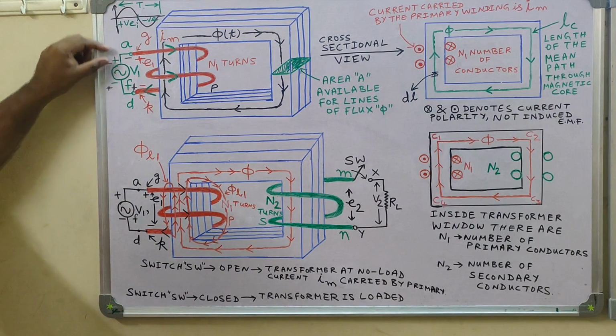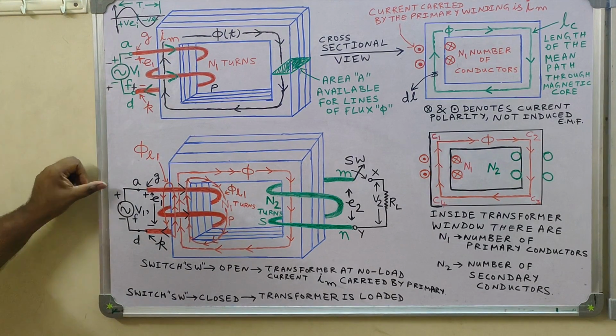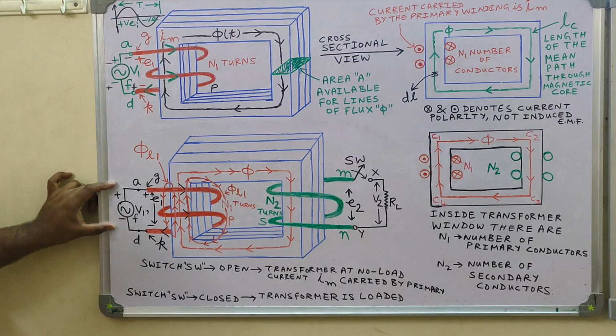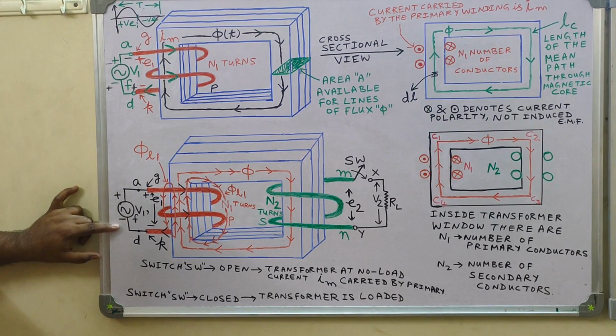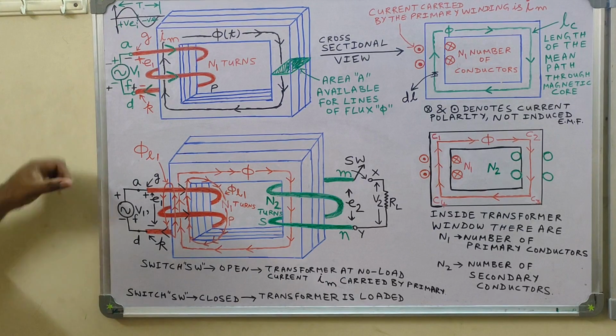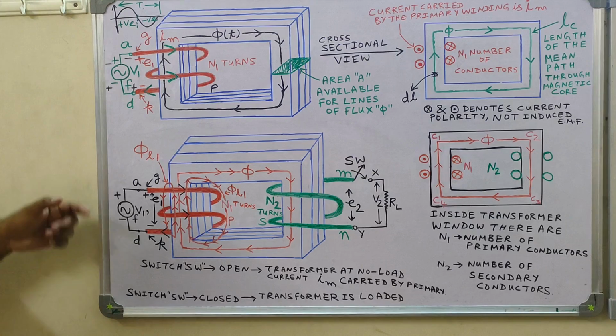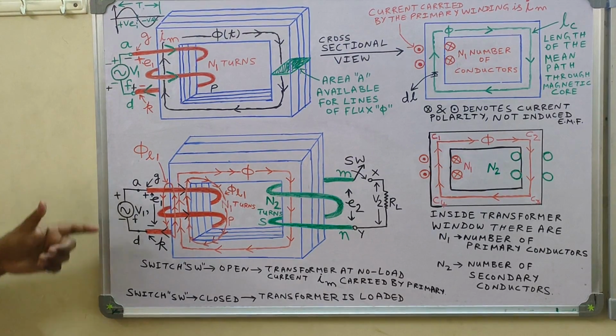So this plus and minus sign which has been indicated over here can be assumed to last for how much time? For 10 millisecond. So for 10 millisecond this will be plus, this will be minus. For the next 10 millisecond this will be minus and this will be plus. Again for the next 10 millisecond this will be plus and minus. In this way it will alternate.